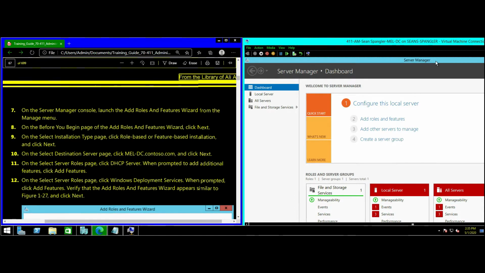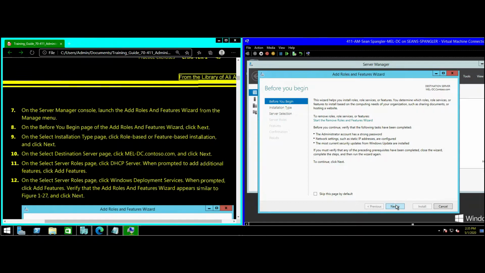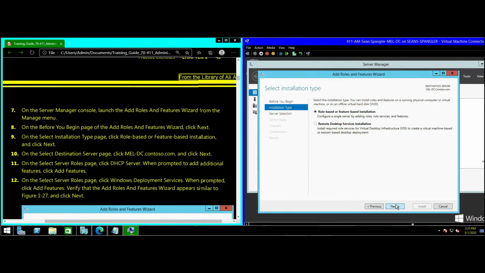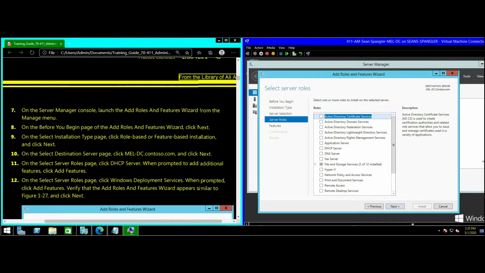So let's go through this because it's going a little bit ahead now. We're going to go to Manage, not Tools, Add Roles and Features. We're pretty much just going to hit Next. Picking our server right here, right? Hit Next. All right, so here's where we need to figure out what we want to pick. So on the wizard,